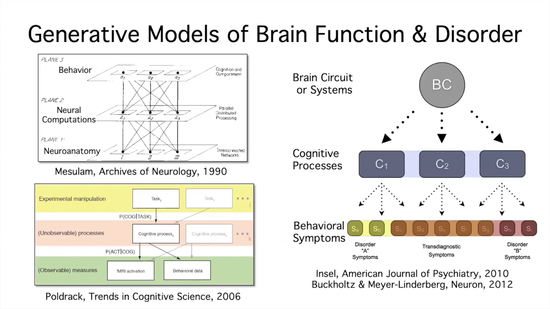Similarly, a hierarchy has been stretched out for mental disorders, which is a major motivation for the RDoC initiative. So in this illustration, you have a brain system or brain circuit, and it supports multiple related cognitive processes. Deficits in these processes lead to symptoms. Some symptoms might be criteria for disorder A, some might be criteria for disorder B, and some might overlap across disorders. These are conceptual models that I'm showing here. They're not really mathematical models, which we can fit to data.